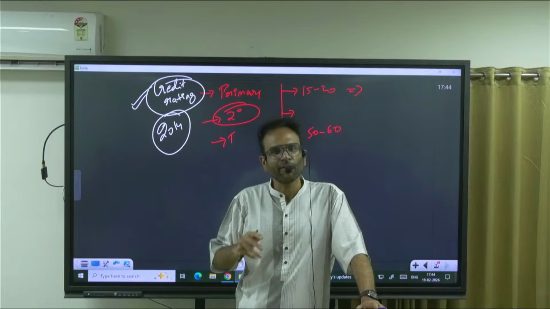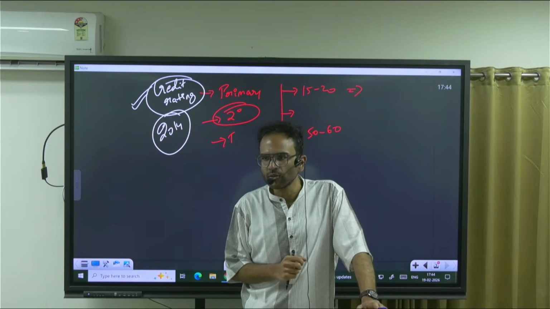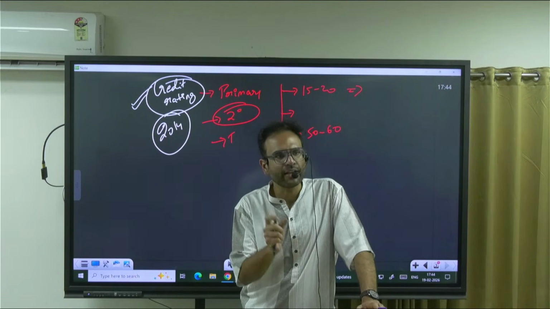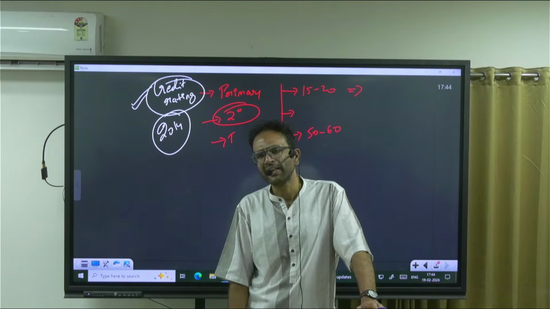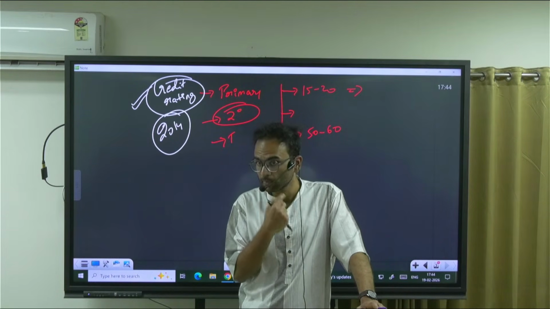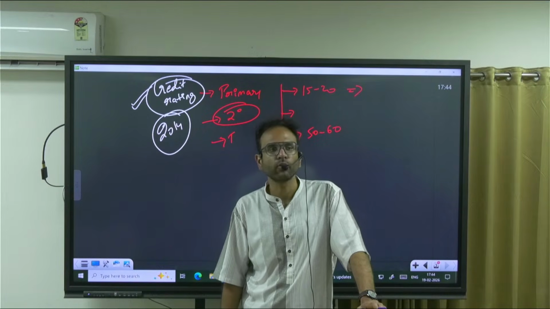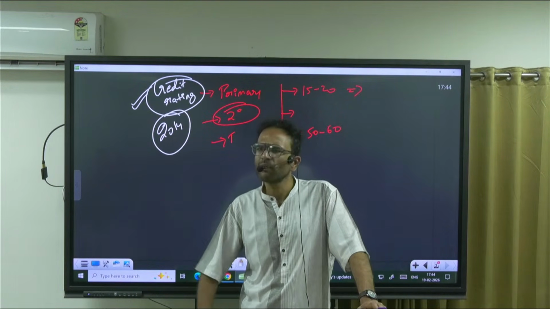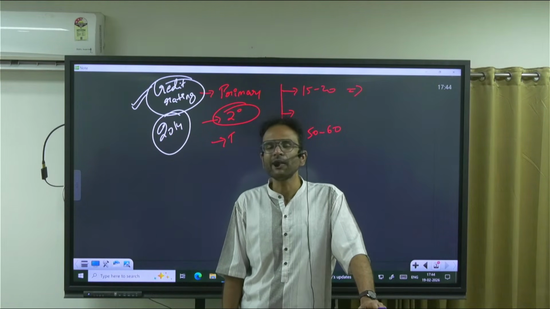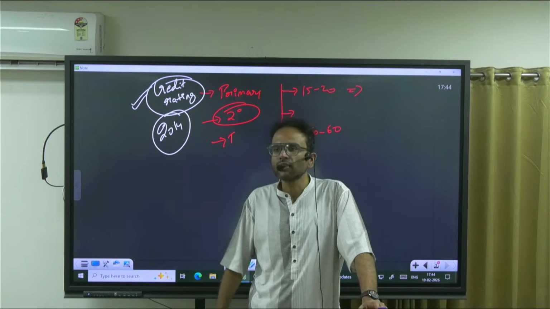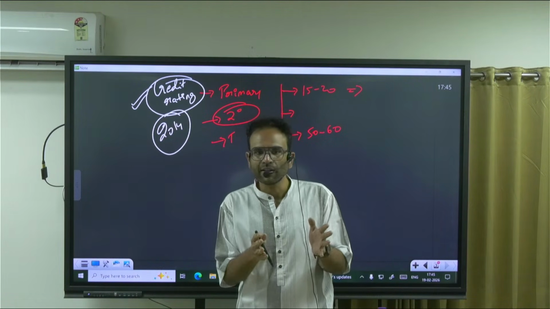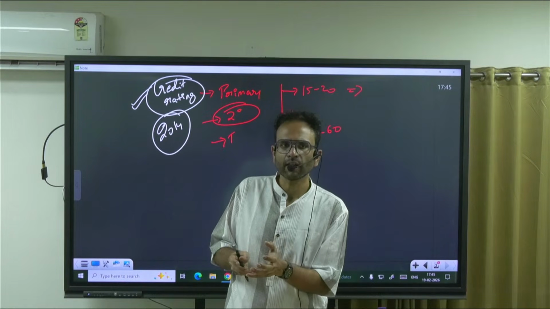When social, economic, and policy factors are working against you, what is the maneuvering room you have? Very little. And this is the challenge faced by the RBI and the Finance Ministry. It's easy to make a comment, but try convincing your own parents to start a business. Let's say you're having a job which pays you like 2-3 lakhs a month. Say that I will quit my job and start a business. Imagine how they would react. How many families are actually supportive of that idea? Because you shouldn't blame them as well. They grew up in a generation where they saw extreme poverty. They want good things for their kids.